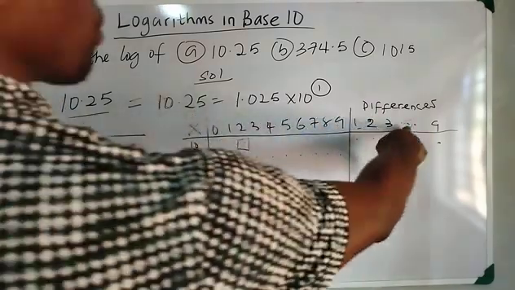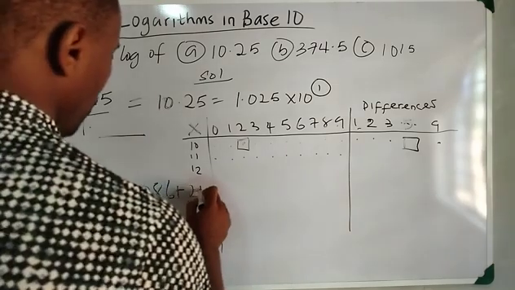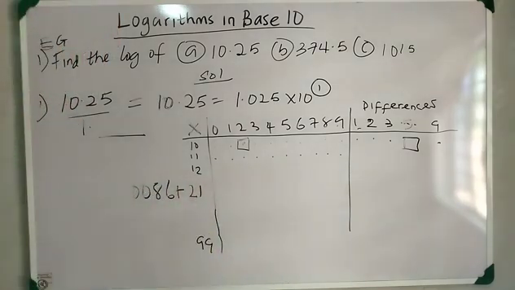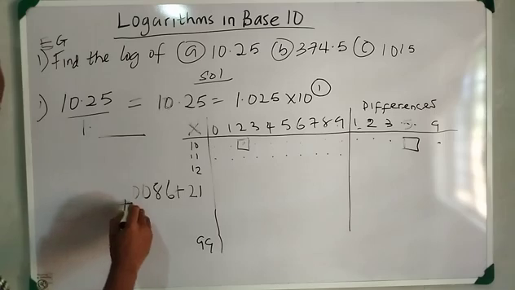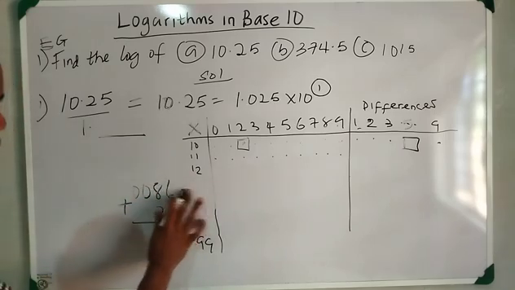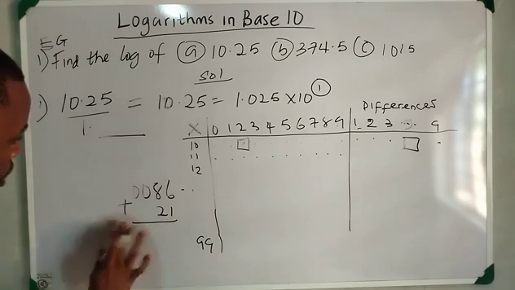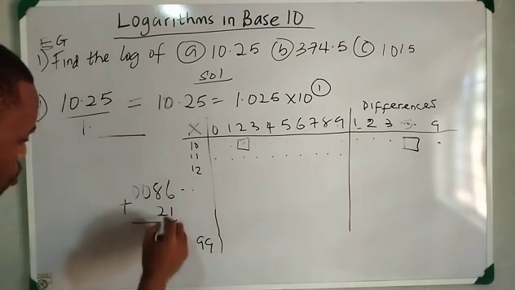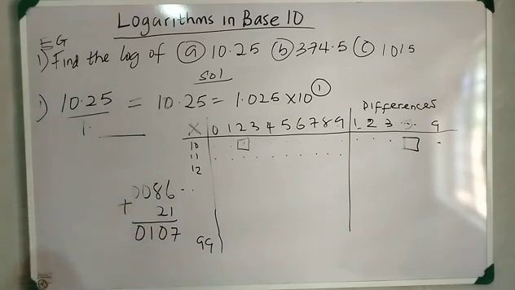Remember it's 5, so we are going to check under 5. Under 5, I have 21, so I'm going to add 21. When you add 21 to this, let me bring it down: 0086 plus 21. What are you going to have? Let me start from the end. 6 plus 1 is 7. 8 plus 2 is 10. That's 0, carry 1. And this is 1, 0. So you're going to have 0, 1,